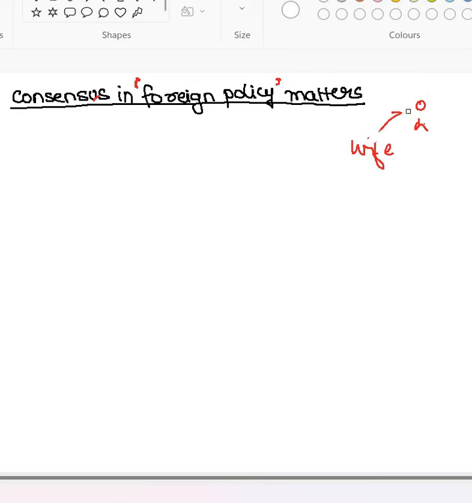Similarly, if you are married, you cannot take the decisions for your family alone. You also need consensus in your decision from your wife, from your children. You don't sit alone and take a decision, right? You take decisions together with your wife or husband or children. So consensus, when it is required in your house, is again required in the country's foreign policy matters